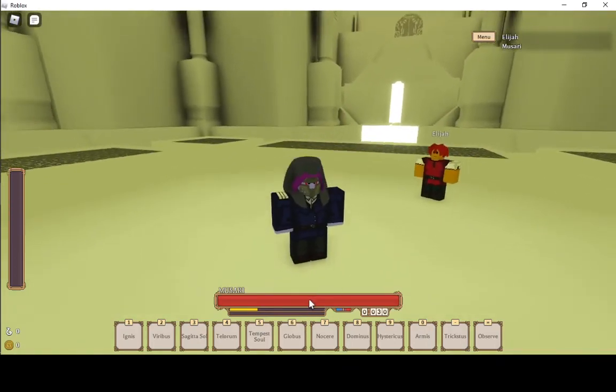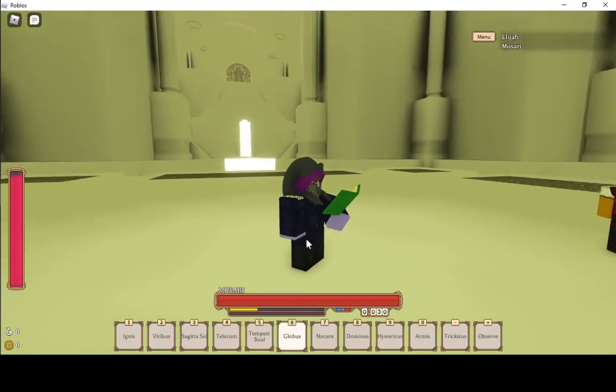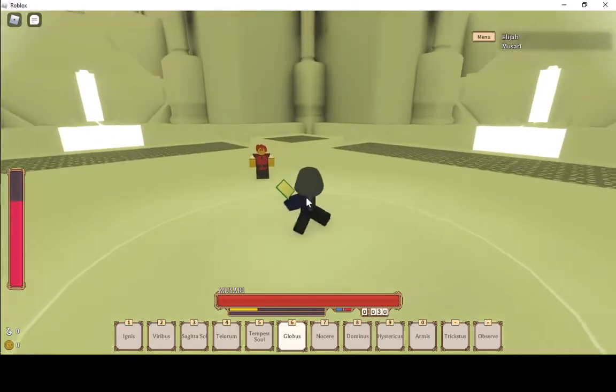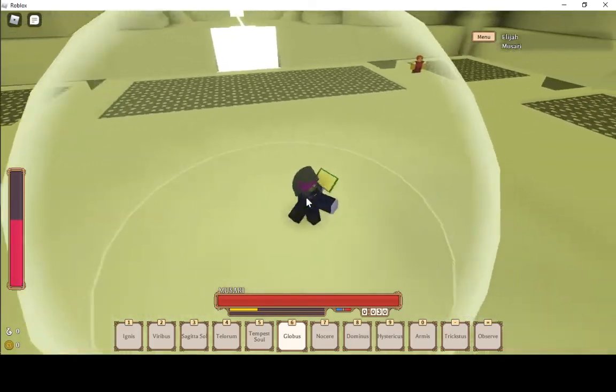So anyways, let's get on with the skills. First one, Globus. This is probably the second most infamous move with Ultra Illusionist. If you're chaotic, pong. You just take a heavy amount of damage. Like, I would say,